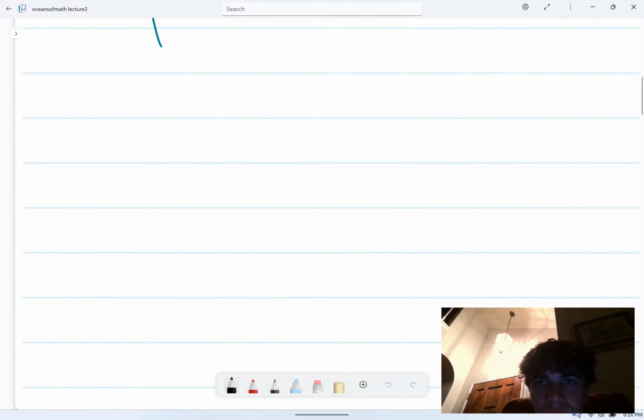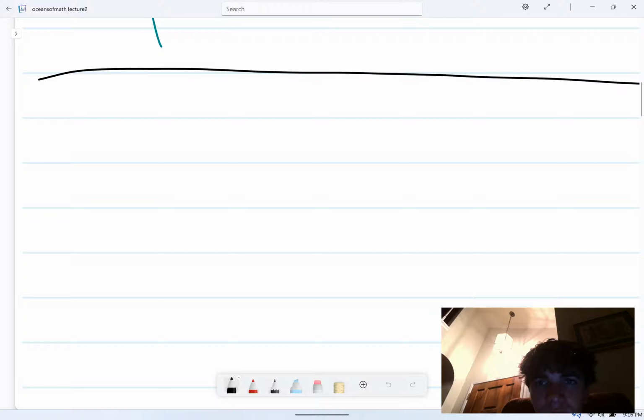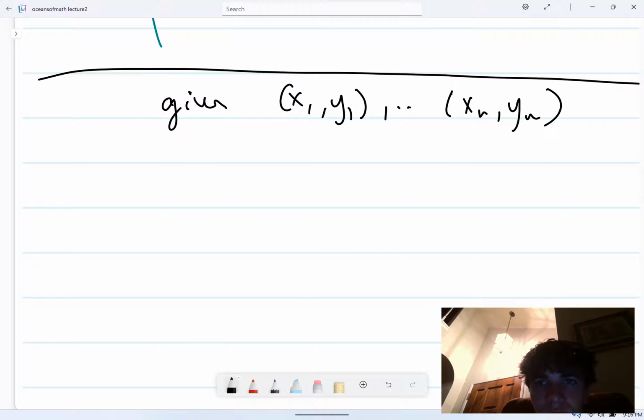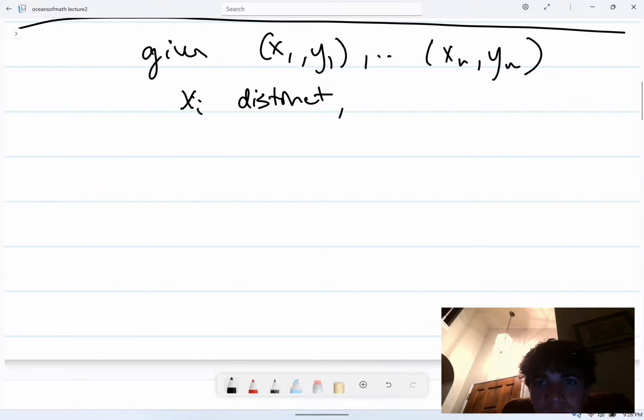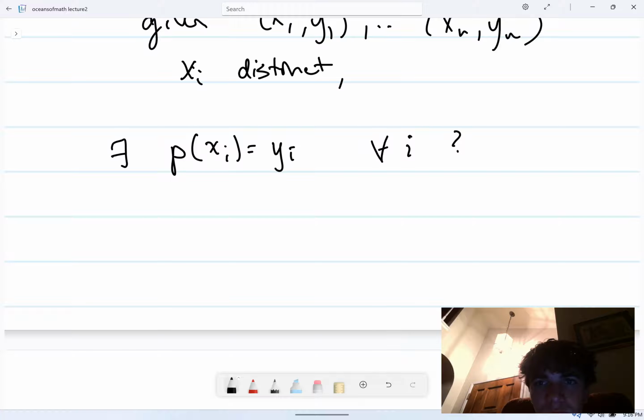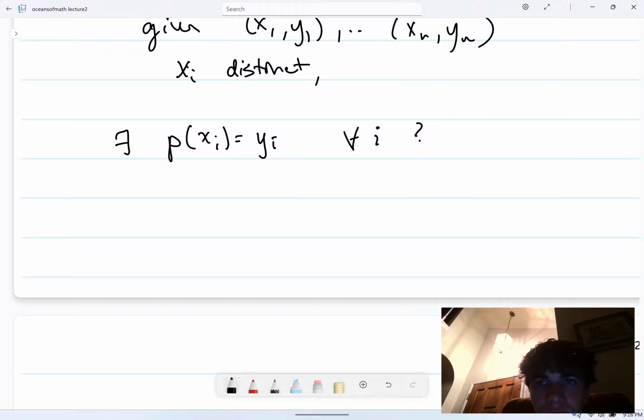So if I give you, so given x1, y1, xn, yn, where all the xi are distinct, we're asking, is there a polynomial that satisfies p of xi equals yi for all i? Okay, so if there was one of degree less than or equal to n minus 1, then we could write p of